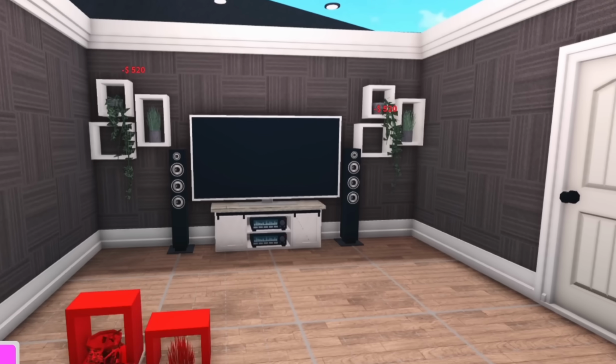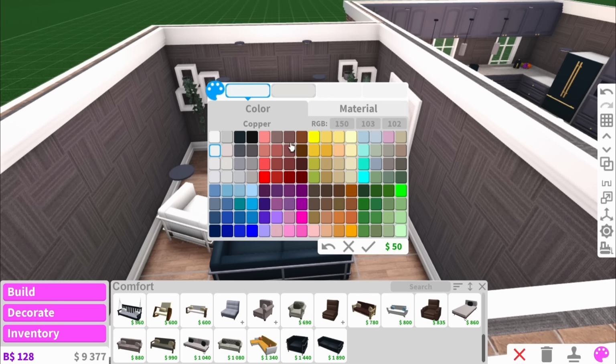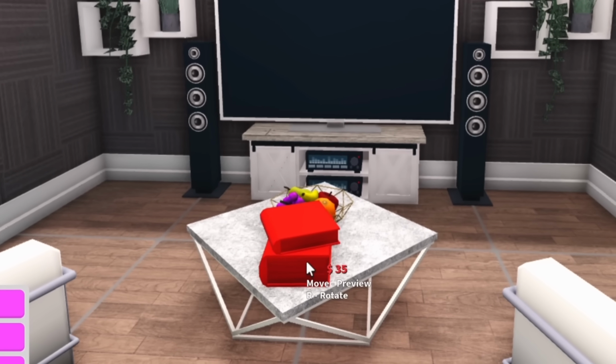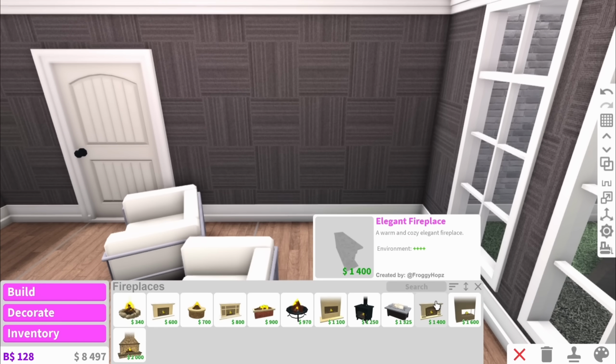Then we'll put some of these shelves from earlier on there because I love these. Then I'm feeling like these sofas are the good vibe of this house. Of course, we need a coffee table, and I'm going to use this one. Then on top of it, I'm going to put a fruit bowl, and I'm also going to put some books if we can. Then we've got kind of a big space back here, so maybe we could add a